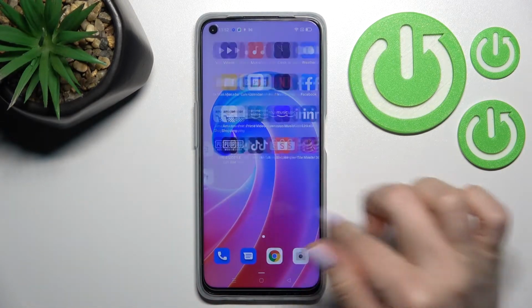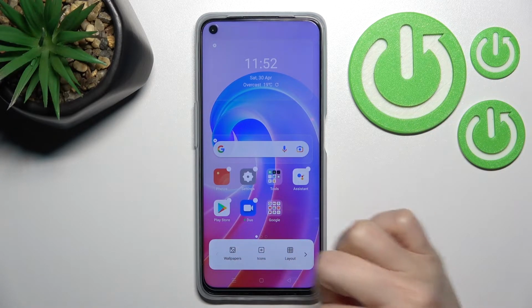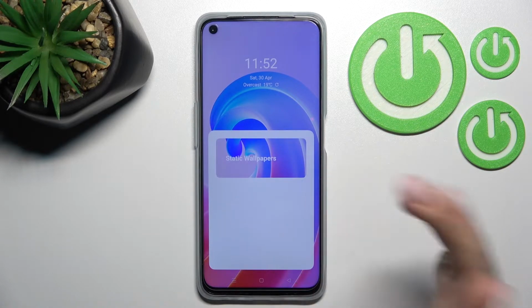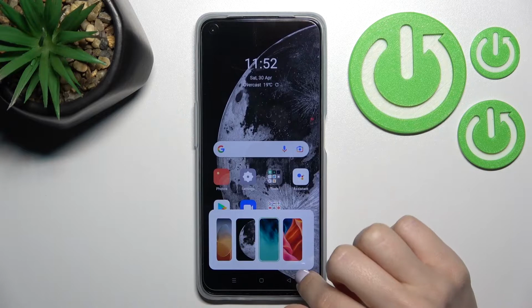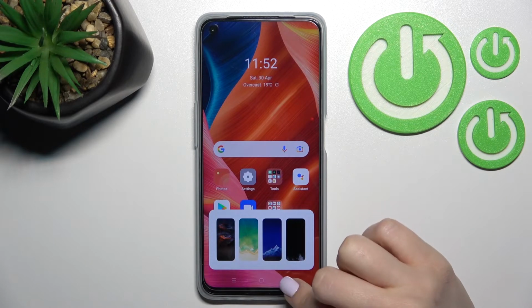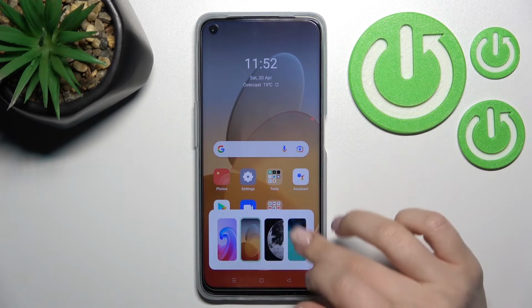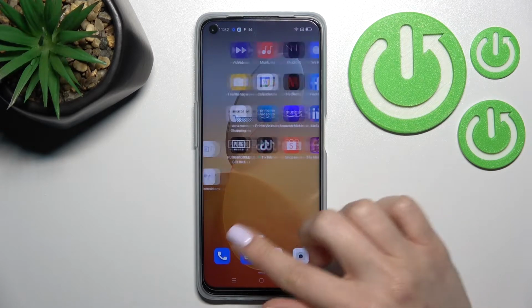Also, we can do it by the second way. Just hold for a while from your device screens, and here on the left down corner, you will see the wallpaper section. Just click here once, and the same way, click here on the static. Okay, here we can just switch only the home screen wallpaper. For example, okay, so